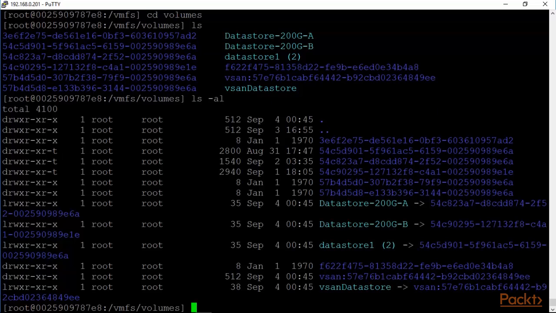Here we are. Some of these are basically links. As you can see, this is a link to that, and 200G-B is a link there. So some of them are links, but these are the ones that we can actually utilize. So what we are learning here is that ESXi basically mounts the devices here at